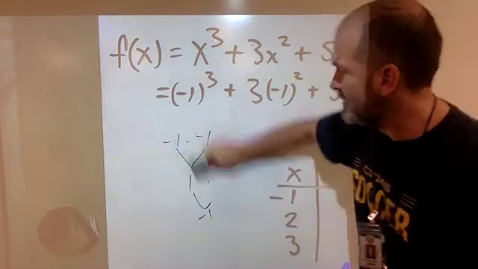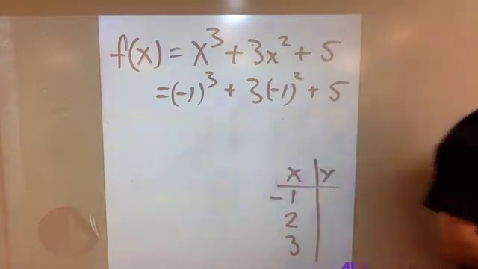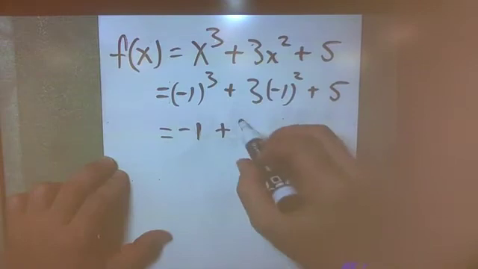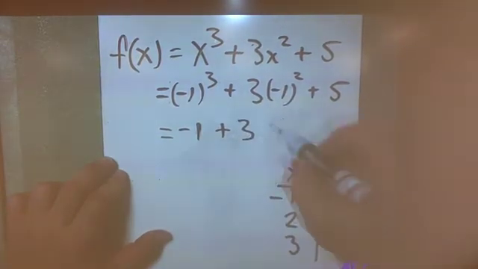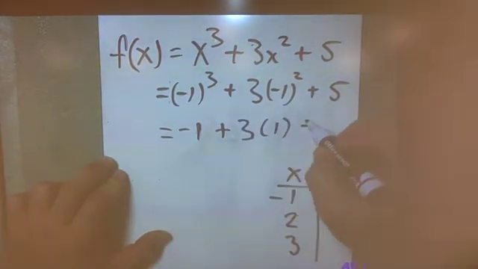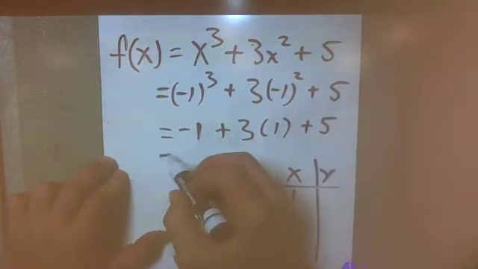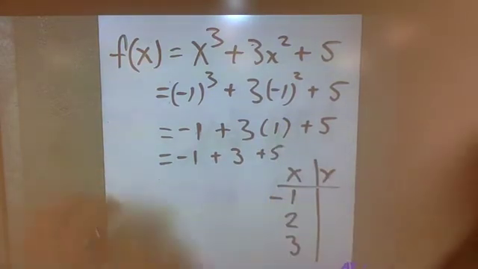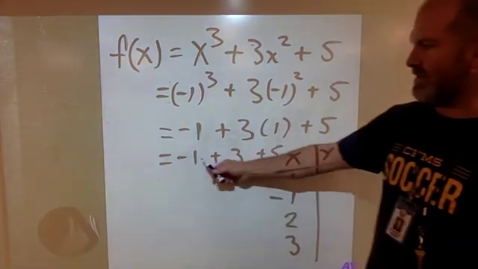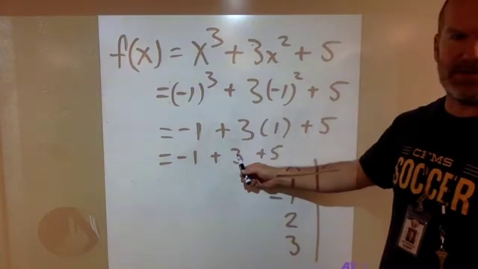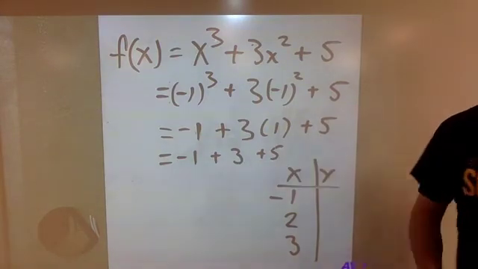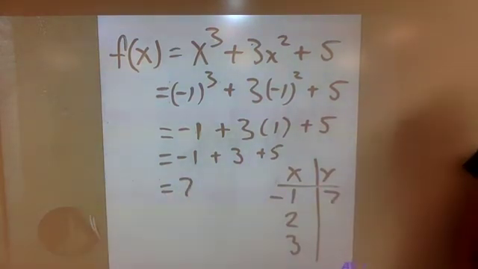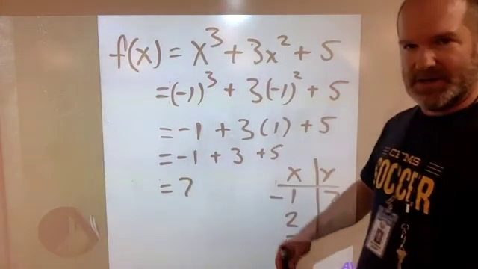All right, so -1 to the third power is -1 plus 3 times -1 squared. We already talked about -1 squared is 1 plus 5. Now anything times 1 is itself, so that's just +3 plus 5. So now you have -1 plus 3 plus 5. $1 in debt, you add $3 to it, now you're $2 on the good side, plus another 5, you're $7 on the good side. So -1 was 7,